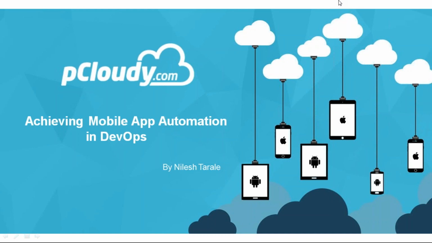The topic of today's talk is Achieving Mobile App Automation in DevOps. It will be a 1-hour session with around 40 to 45 minutes for the presentation and the remaining time for the Q&A. So if you have any questions, please send them to us using the questions tab on the GoToWebinar